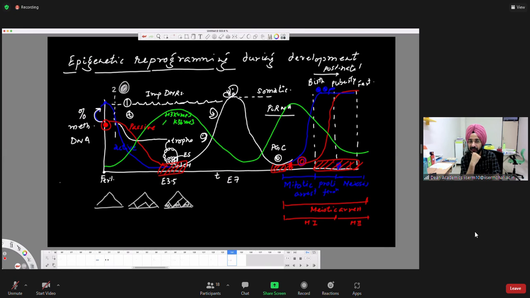The mitotic stability and meiotic stability, let's not talk about that. Look at this figure now. You have two phases when the epigenetic marks are erased. Then how are they going to the next generation? When we talk about transgenerational inheritance, if you know the Overkalix study, right?